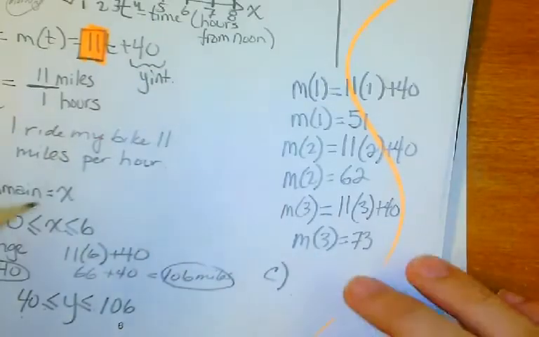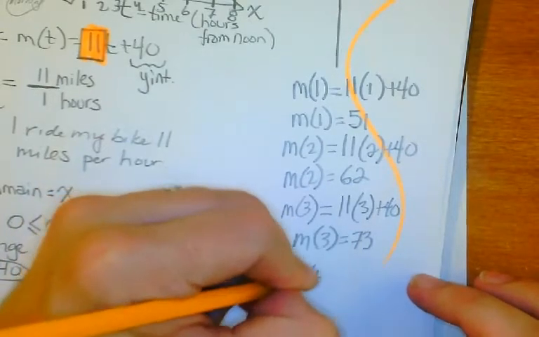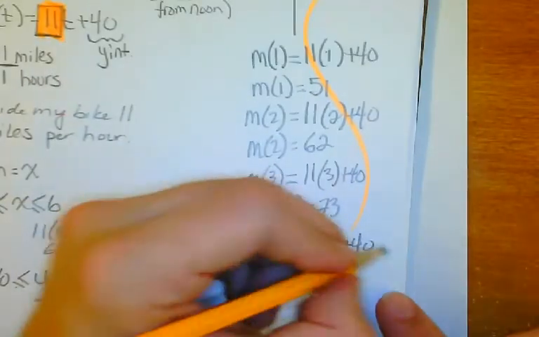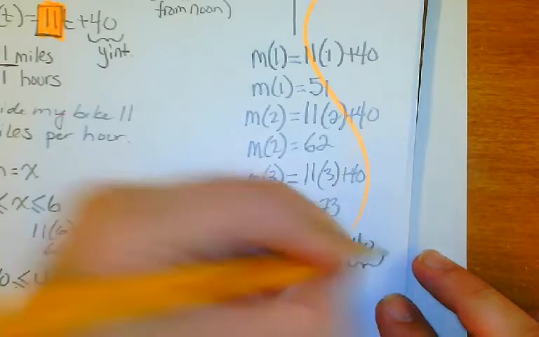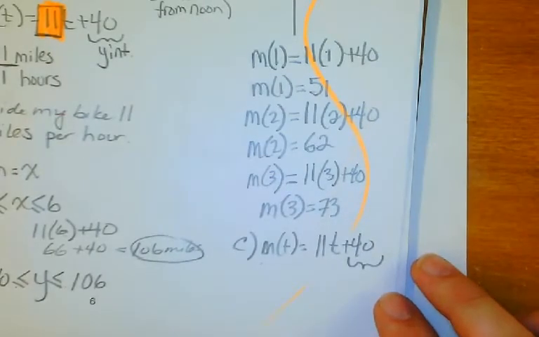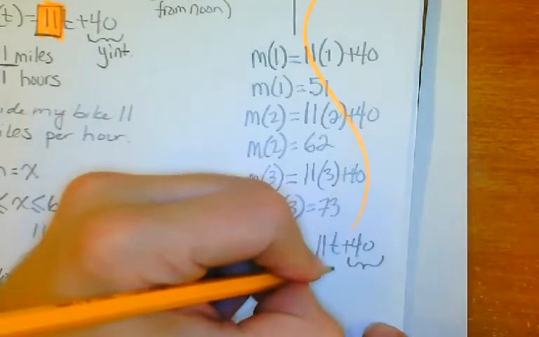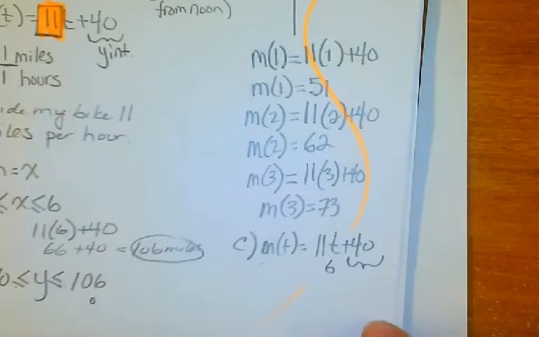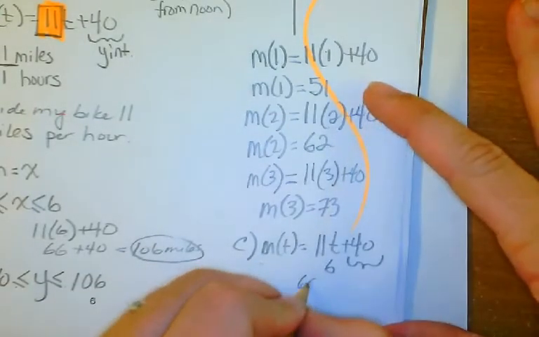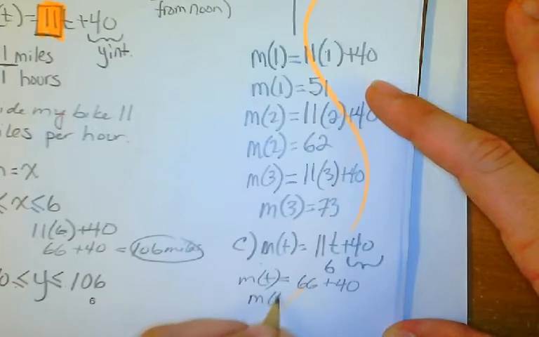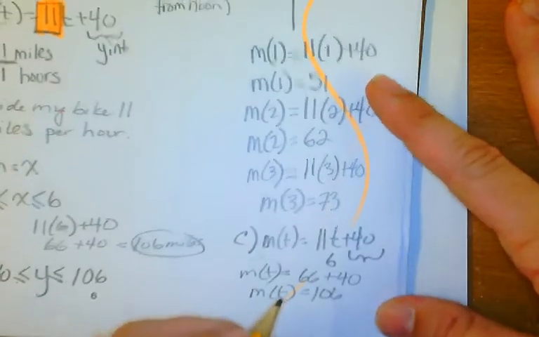Okay. Well, we know from our equation that we have driven 40 miles. Before we even started, we've driven 40 miles. Then we go for 6 hours. So altogether, we have 66 plus 40 miles. And we know from our last problem that gives us 106 miles. But our friends